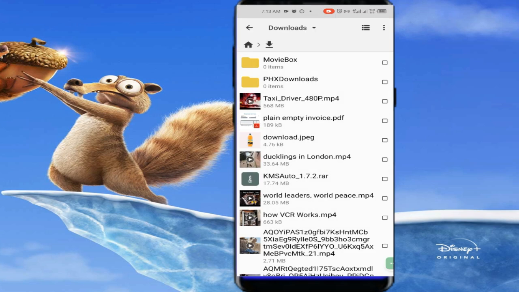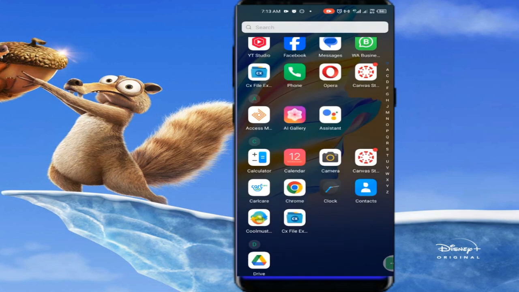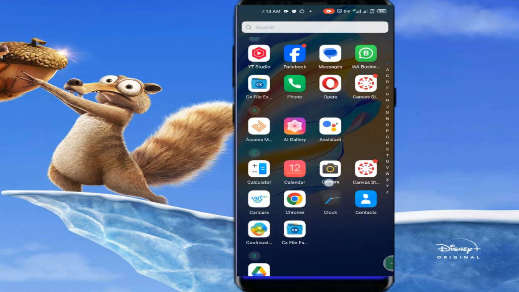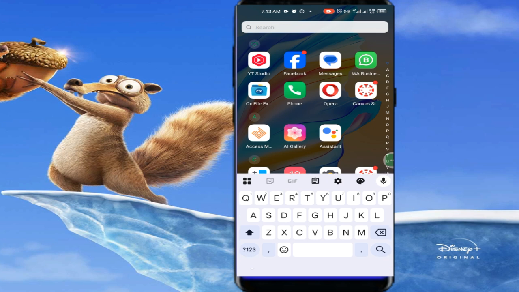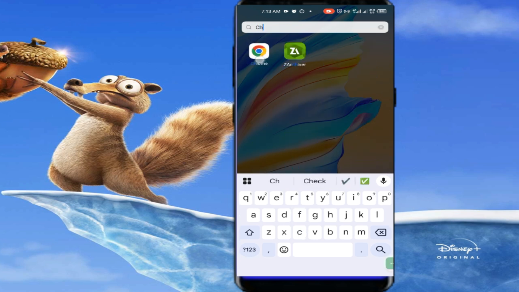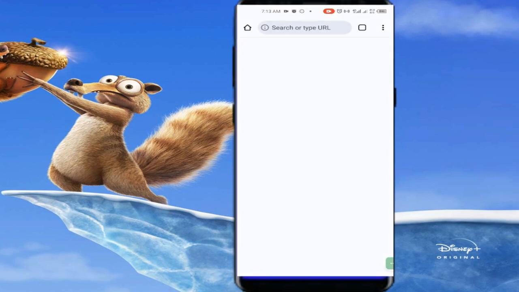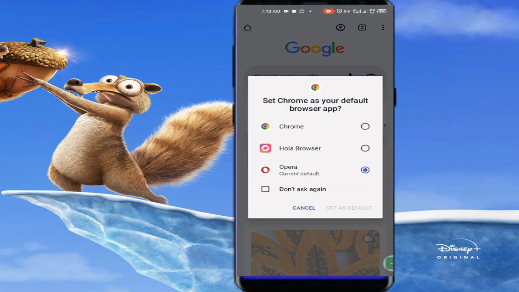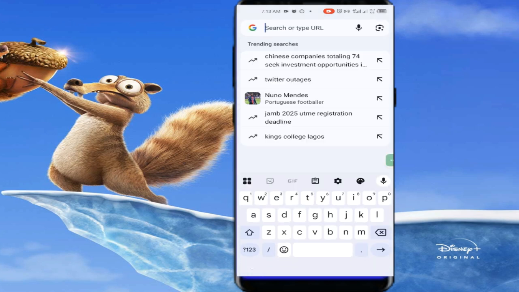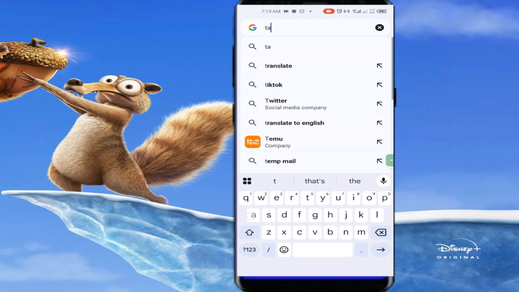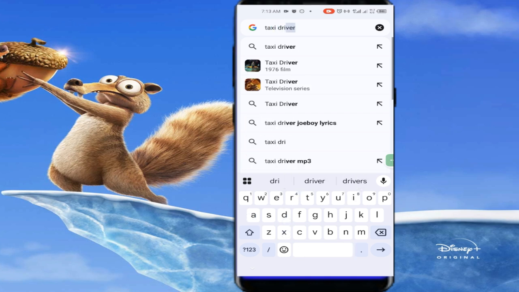Just like we did in the first step, you're going to copy the movie into a folder of its own, and the folder and the SRT file have to be the same. So I will go ahead now and download the SRT file. Let's go to our browser and we type the name of the movie that we want. The name of this movie is Taxi Driver. So I'm going to type Taxi Driver